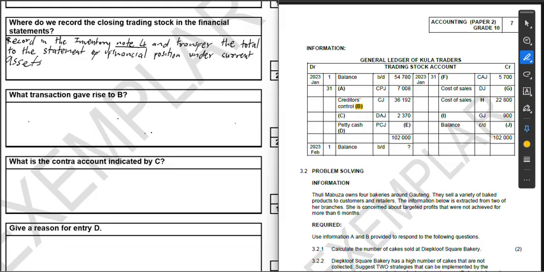You can see our B there. So here it says, what transaction gave rise to B? This would be bought stock on credit. That would be the transaction. So we would say,